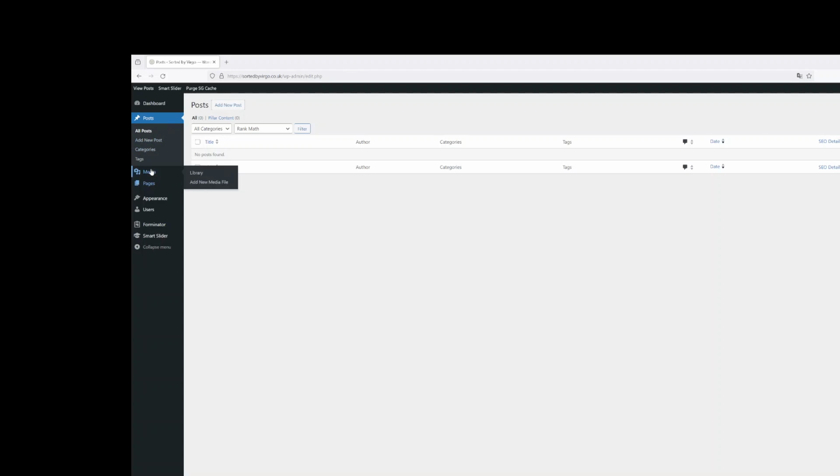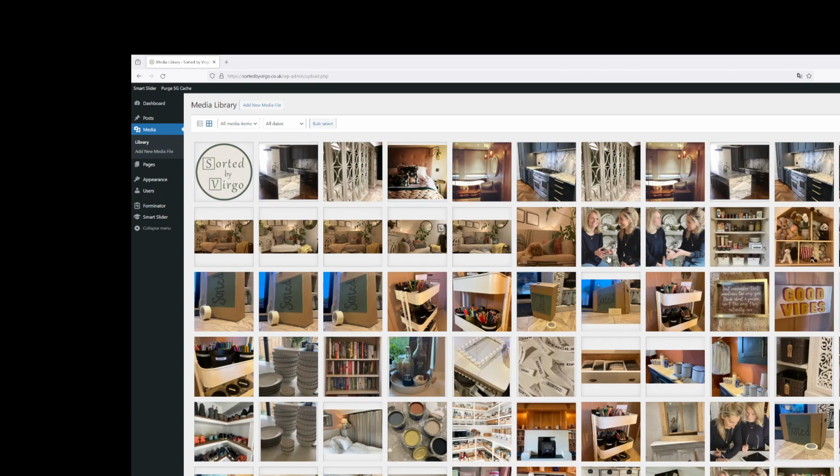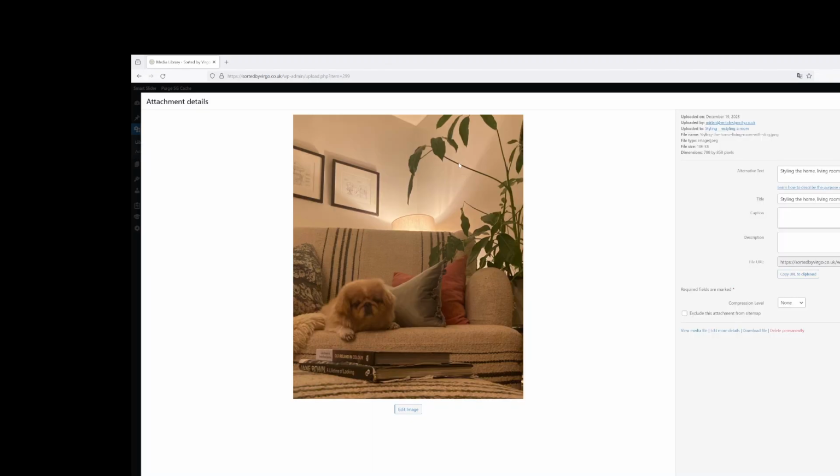Go down to the next one, which is media. Let's have a look at media. So in the media file, you get all the images that have been uploaded into the website and are on pages. So when you add an image to a page, it goes into the media library, and then from the media library, it's shared to that page. And let me click on an image, just any image. I've got this one here, this little pooch,